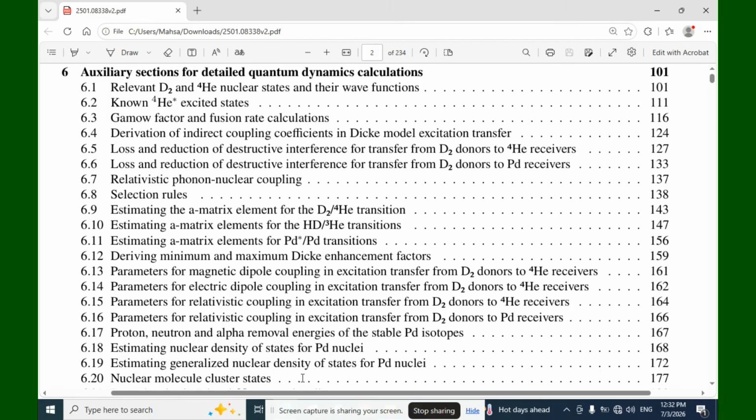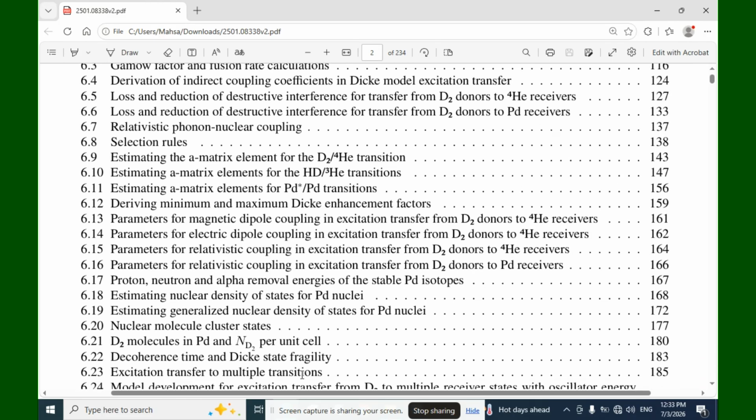Derivation of indirect coupling coefficients in decay model excitation transfer, loss and reduction of destructive interference for transfer from deuterium donors to helium-4 receivers, loss and reduction of destructive interference for transfer from deuterium donor to palladium receivers, relativistic phenomena, nuclear coupling, selection rules, estimating the matrix element for the deuterium helium-4 transition,